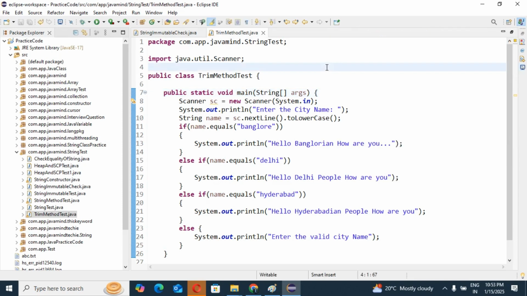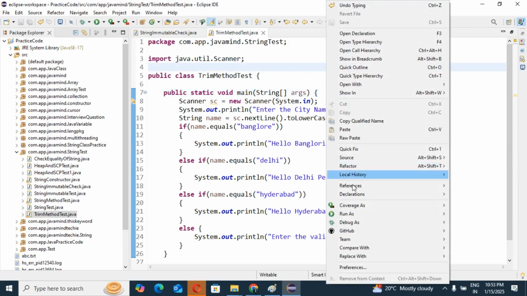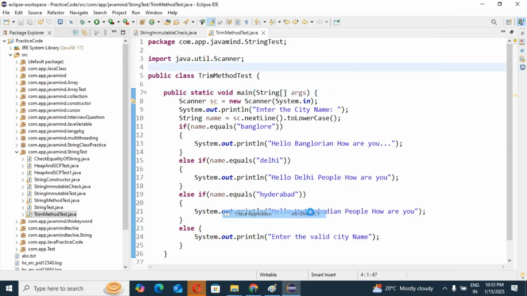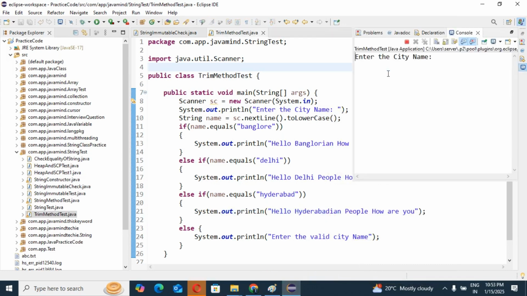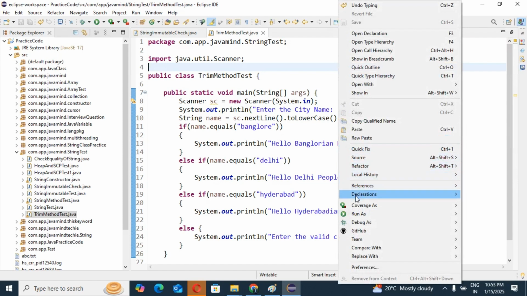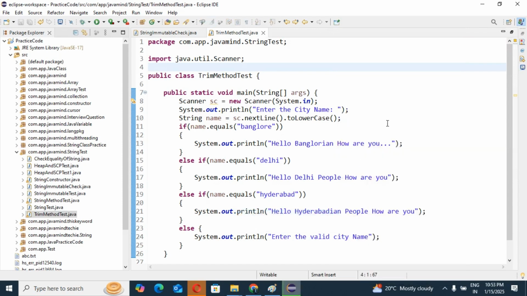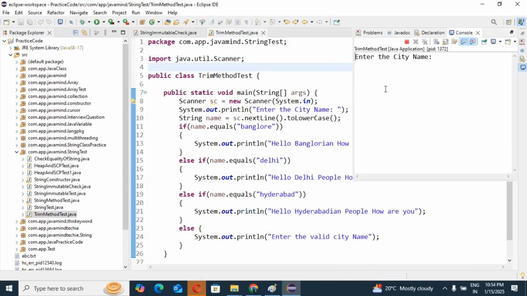Guys, see, I will run the application. Okay, I made a mistake, one more time I will run the application. I'm writing here Bangalore, and after Bangalore I am giving some space.